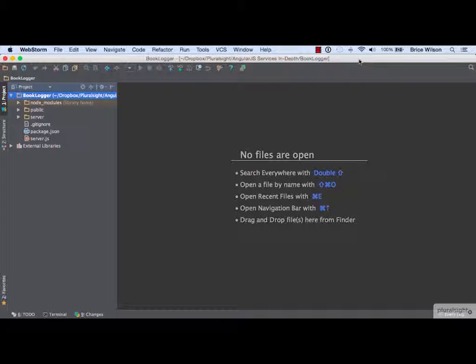Throughout the course, we'll be adding features to a very simple app I've named BookLogger. The idea behind it is that kids would be able to use it to log what books they read and for how long they read them. We'll add enough features to allow the adding and editing of books and the viewing of basic information about the